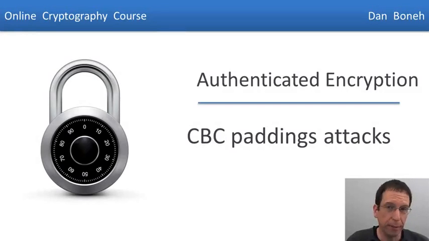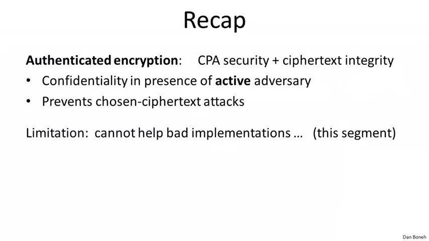In this segment and the next, I want to show you two very cute attacks on deployed authenticated encryption systems. But first, let's do a quick recap. So recall that authenticated encryption means that the system provides CPA security plus ciphertext integrity. And authenticated encryption means that we can preserve confidentiality in the presence of an active adversary, and moreover, the adversary